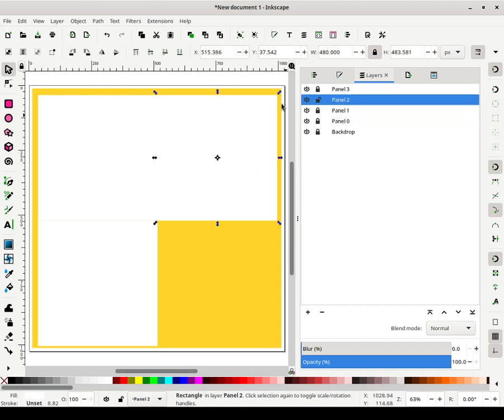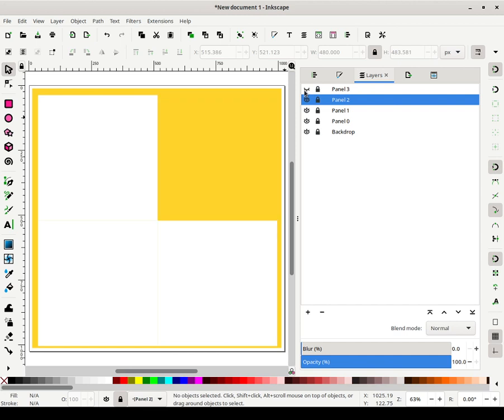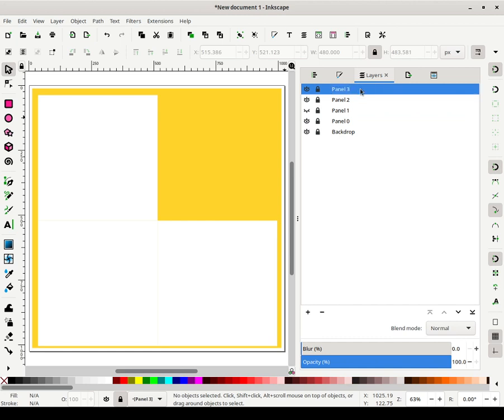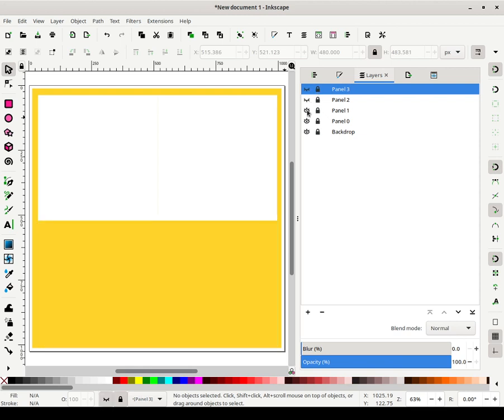Alright, so then in panel 2, making sure that all the other layers are locked, let's move this one down to here. You see, I'm wondering if I made a mistake somewhere, because I probably do have an extra. Oh right, I didn't make a mistake in terms of the number of them, I just have them in the wrong position. So panel 3 and panel 1, let me see, yeah, they need to swap places, so let me move panel 1 up there and panel 3 down here. I'll just rename them. I put them in the wrong location, sorry about that. Alright, there we go. So now you have 4 individual panels.